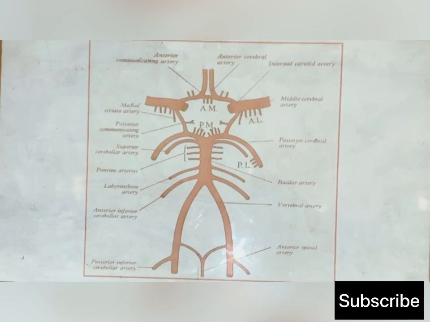Clear? Good. So the second branch coming from the basilar artery is what we call the labyrinthine branch. That labyrinthine branch is supplied to the internal ear. You know, the ear is divided into three compartments: external ear, middle ear, and internal ear. So the internal ear is being supplied by this second branch from the basilar artery. That is what we call the labyrinthine artery. Are you clear? So we have the labyrinthine artery supplying the internal ear, and so other branches coming from the basilar